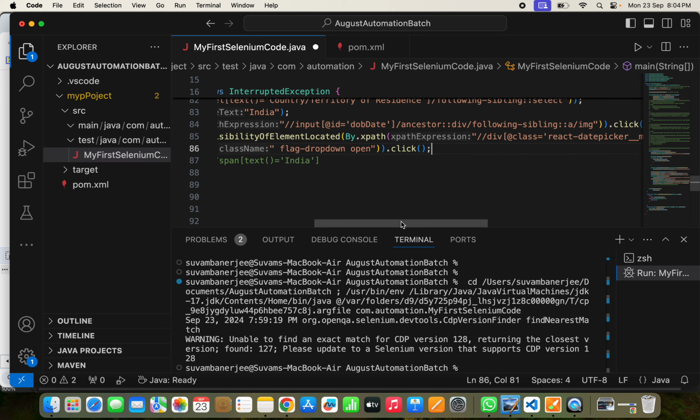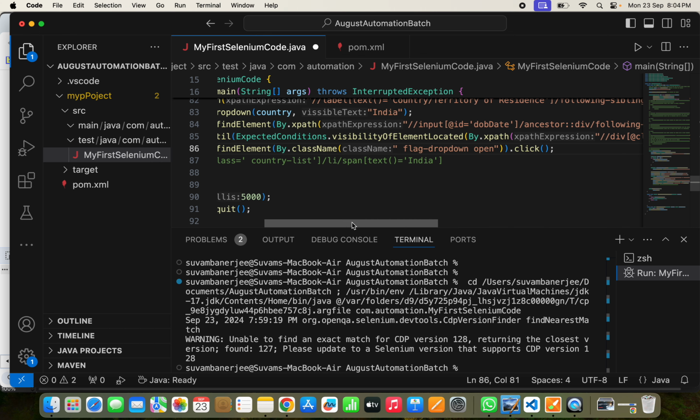Okay, ये क्लास नेम है ना, क्लास नेम से डायरेक्टली हम लोग फाइंड आउट कर सकते हैं।